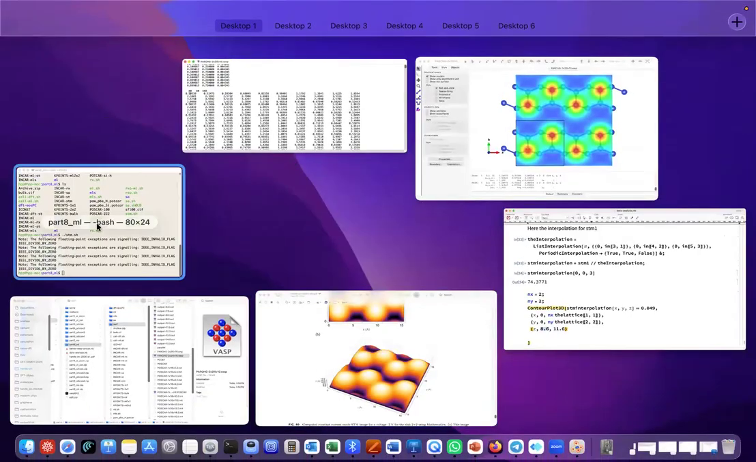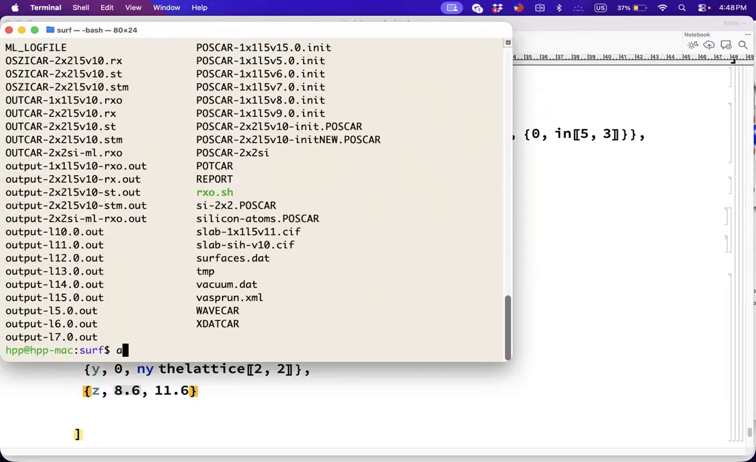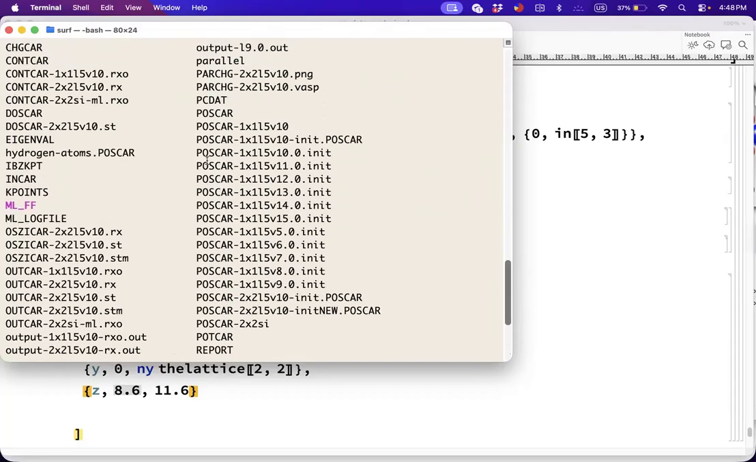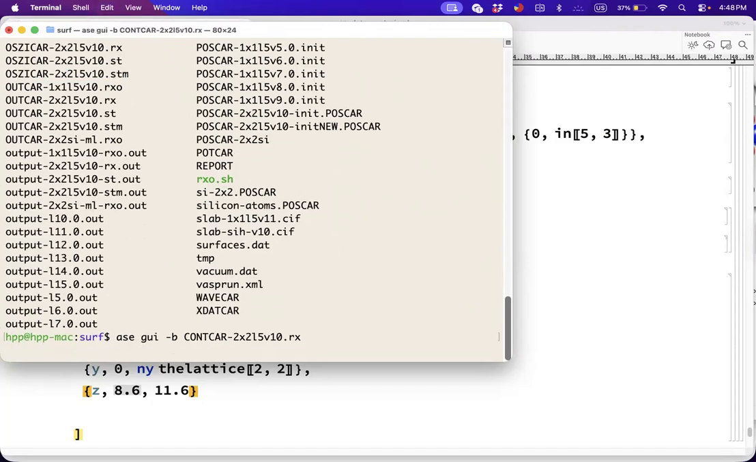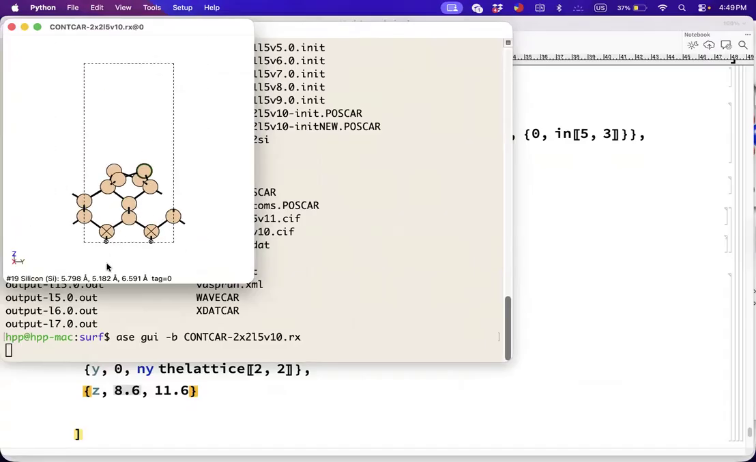So if you open this, let me see this surface. I'm going to show you this. The concave one. I'm going to open the concave one, this one. This is the optimal structure. Look at this. The topmost atom is here. See this, fine. It is above